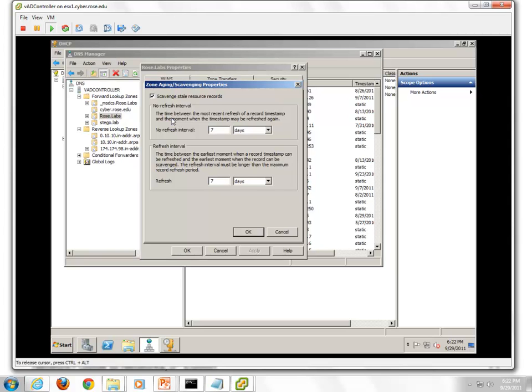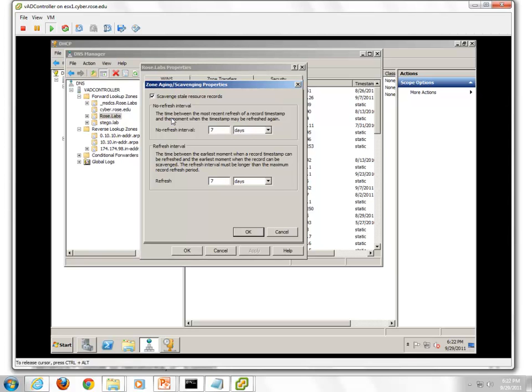Like, when I get a new machine downstairs, I have the old one that's called BS13101. Then I get a new machine, so I name the new one BS13101 because I got rid of the old machine. Well, if I don't enable scavenging in DNS, now there are two records, BS13101 twice with two different IP addresses, because my new machine had a different MAC address, so we got a different IP address. So whenever I try to connect to it from a classroom, I can't, because half the time it looks for the old machine, so it causes issues.